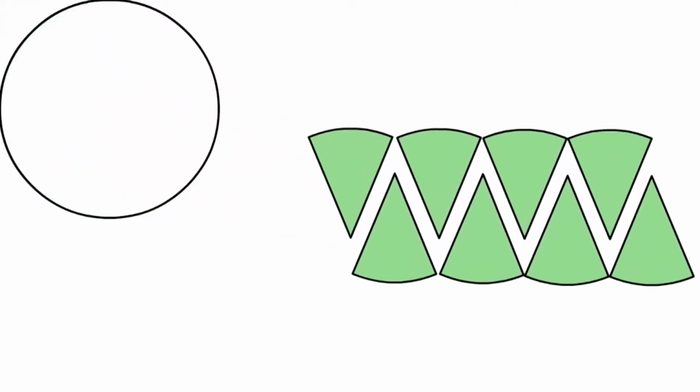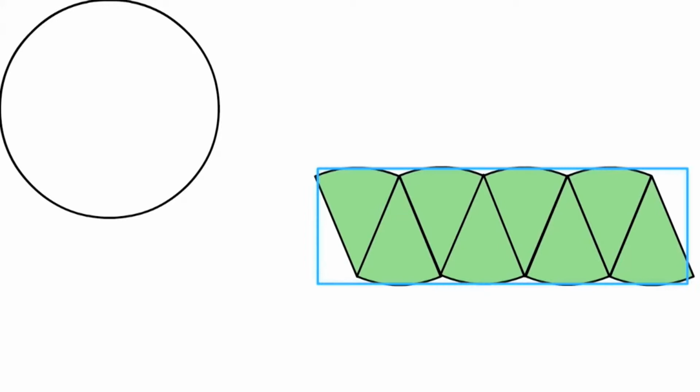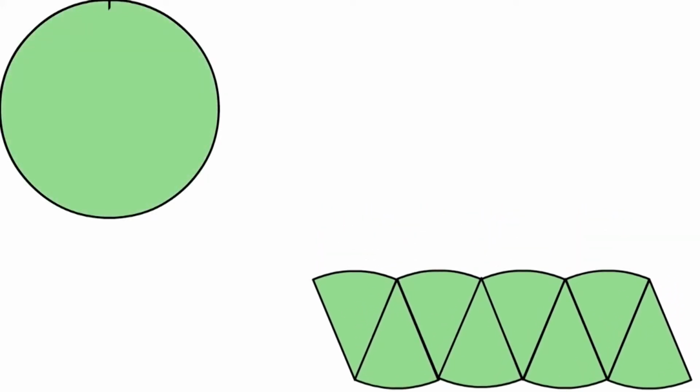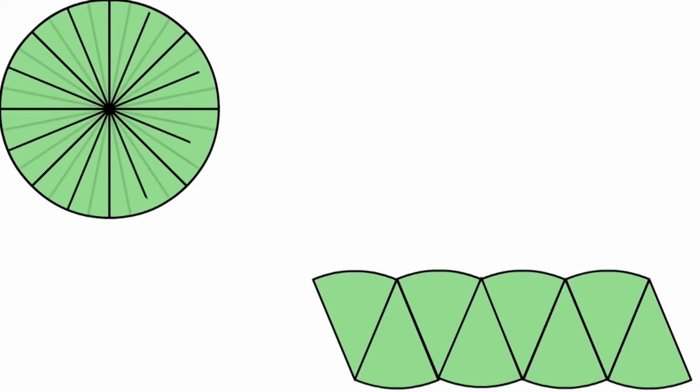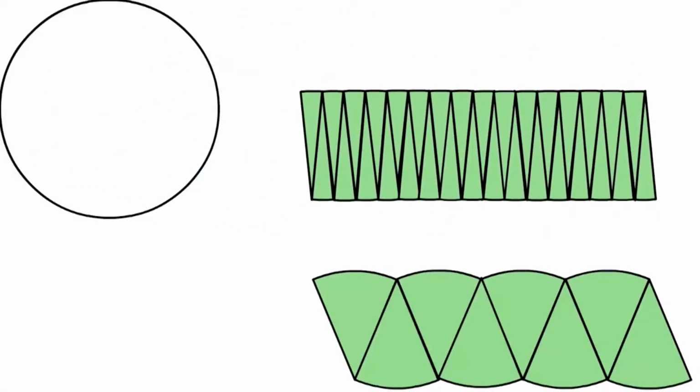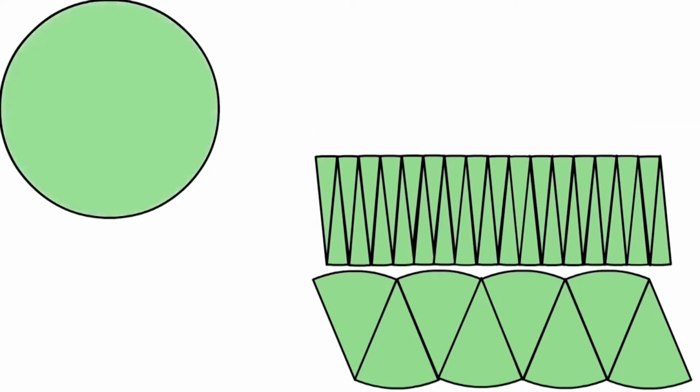Consider this circle. The green area represents the area of this circle. Now we can divide this circle into 8 equal parts as shown and arrange them into rectangular formation. As we can see, it somewhat resembles a rectangle, but it is not a rectangle. So what we do is divide the circle into smaller equal pieces and arrange them into a rectangular formation. We can see that this time it is closer to a rectangle.